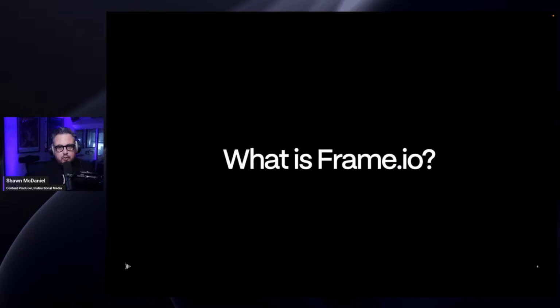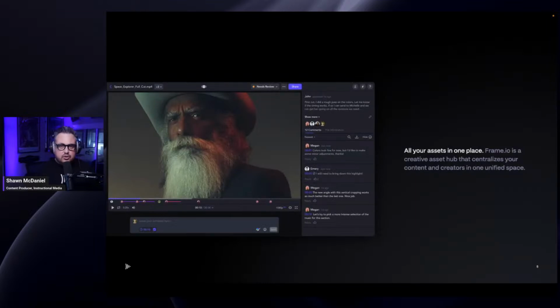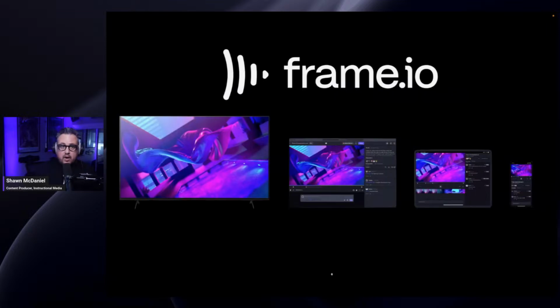But without further ado, what is Frame.io? Well, in essence, Frame.io is your central collaboration tool for all of your creative assets. You're able to manually upload your photos and videos, as well as other documents that you may have to work with your production. So that goes for documents, maybe project files, anything that's associated with making this process happen, whatever project you're working on. Frame.io is the way to do that. And it's one unified space where they can access this media, but also leave comments and annotations on different assets. And it's available for wherever you are on the go.